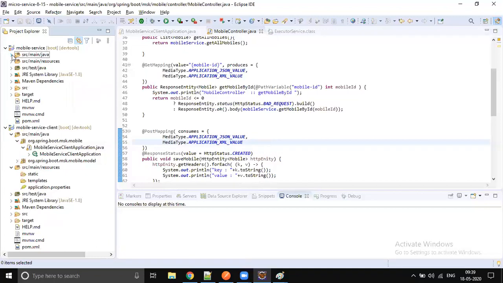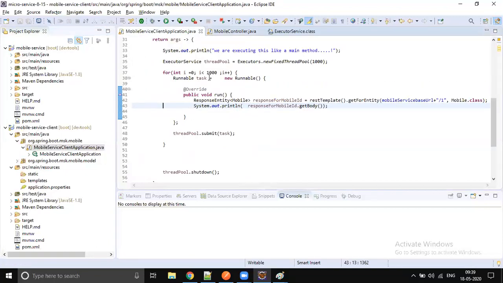In a standalone Java application, how many threads can you create? Here we created 1,000 threads, no problem. But all 1,000 will not be processed at a time. It depends upon the cores you have. For example, if you have eight cores, then 8 threads will be running parallelly, but it's very fast, right?